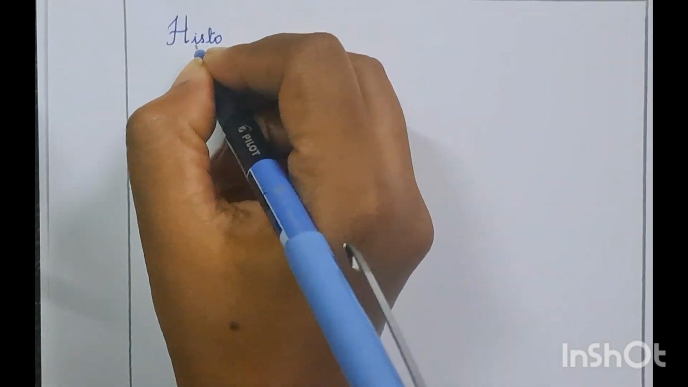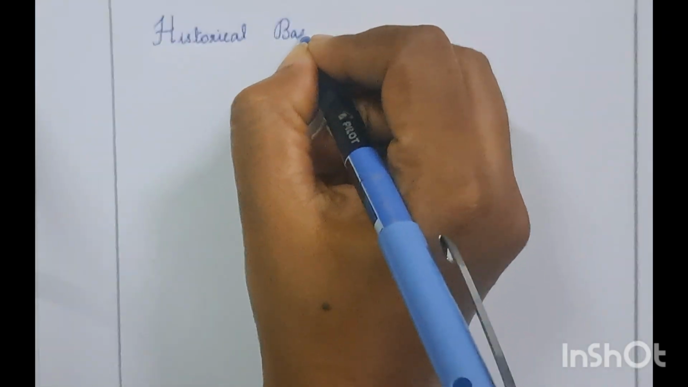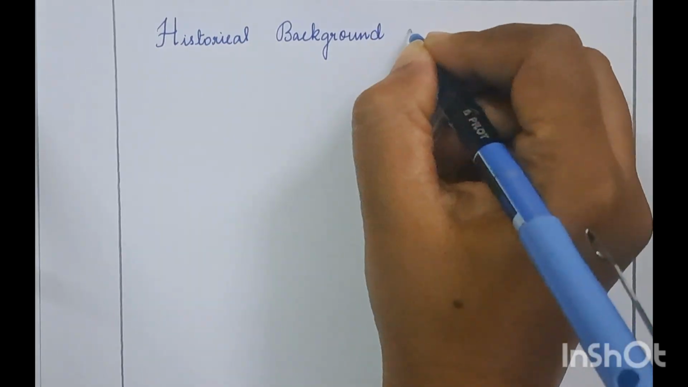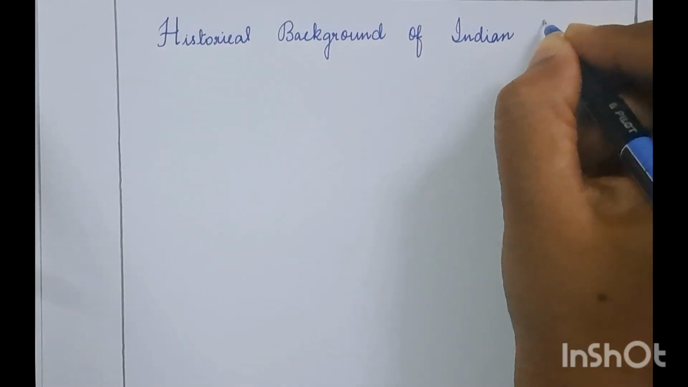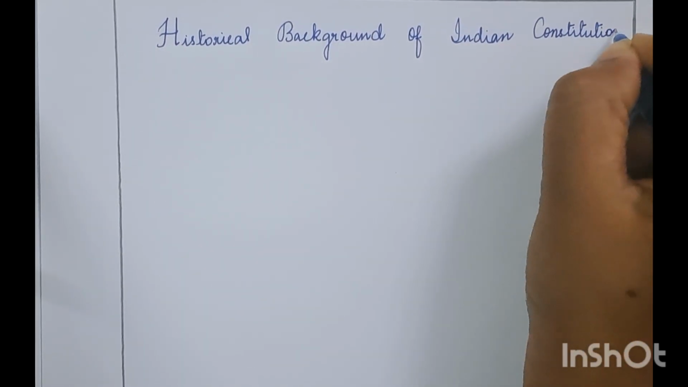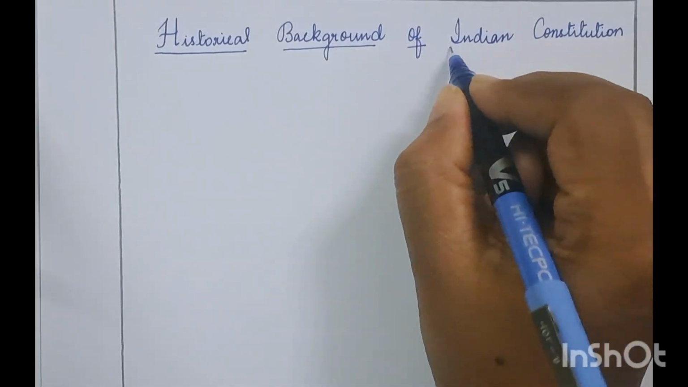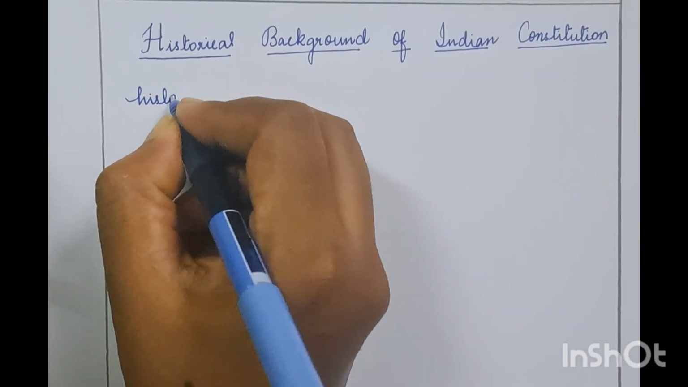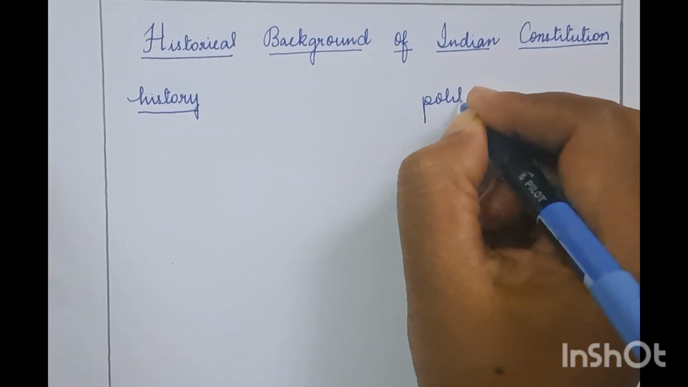Historical background of Indian Constitution. There are events that took place in British India that influenced our constitution and polity. So do not learn the history of constitution without knowing the political and historical events that took place in and